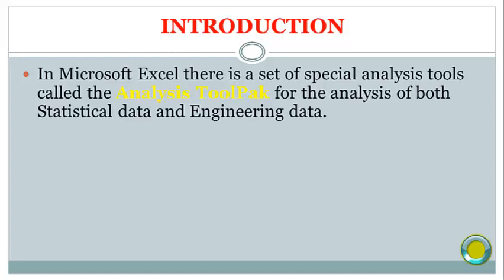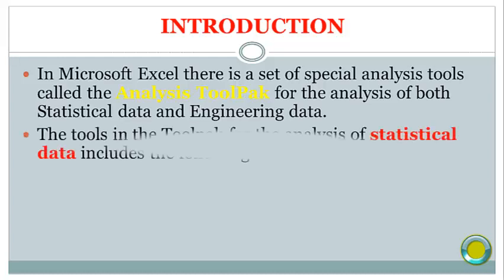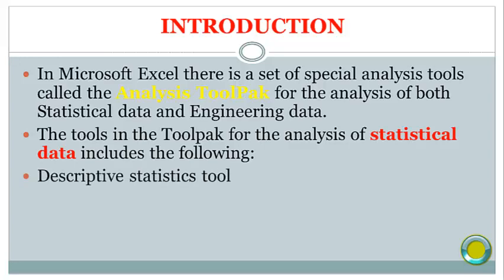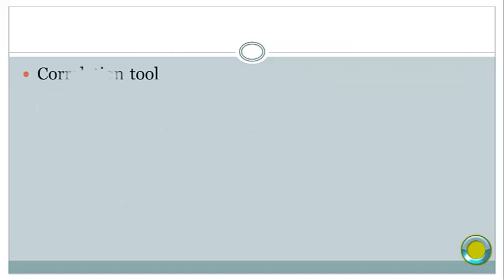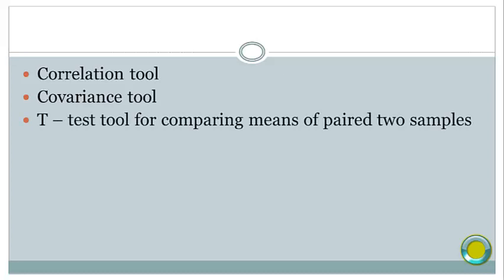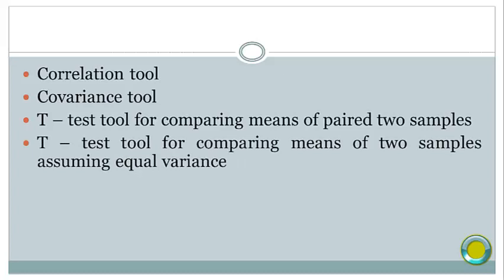The tools in the tool pack for the analysis of statistical data include the following: descriptive statistics tool, histogram tool, regression tool, correlation tool, covariance tool, t-test tool for comparing means of paired two samples, t-test tool for comparing means of two samples assuming equal variance,